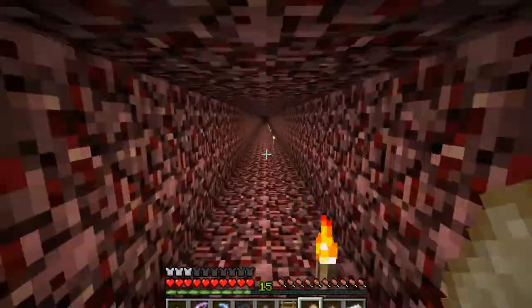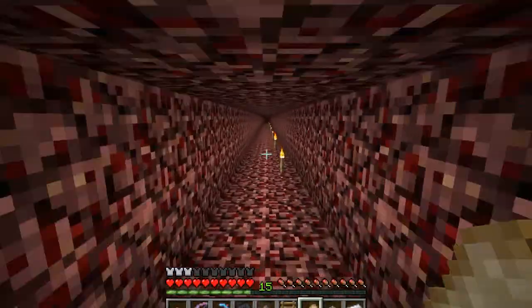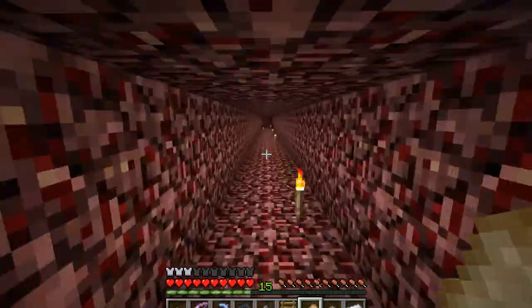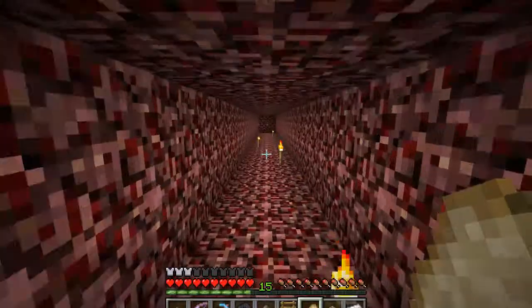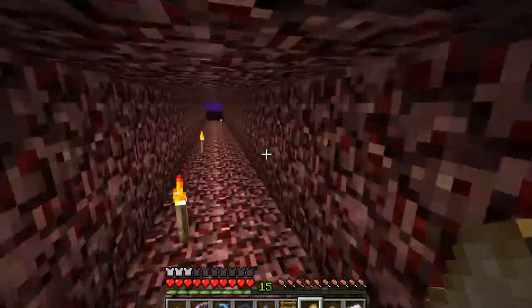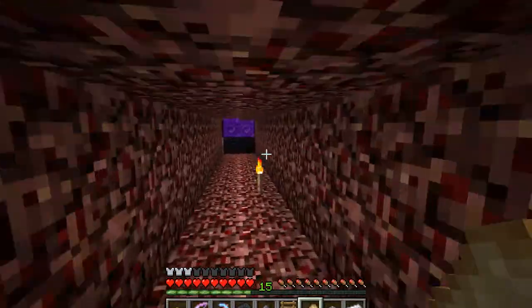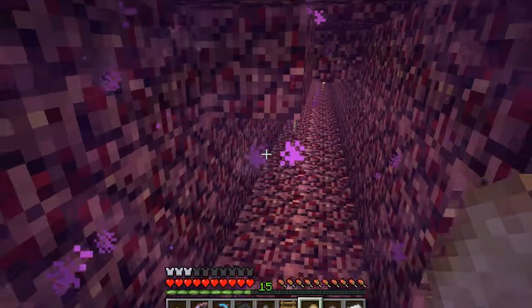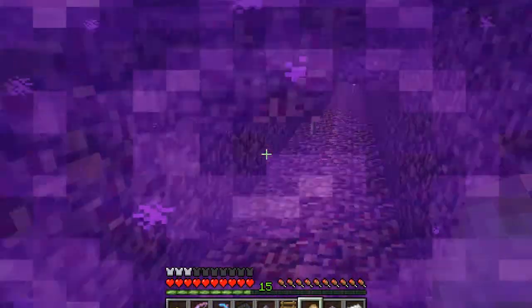Okay, and we are back. As I was saying earlier, I was going to do some digging around the villager area to make some kind of platforms to make it a bit safer, so there's not as many mobs spawning and such. After I finished recording the last little section,